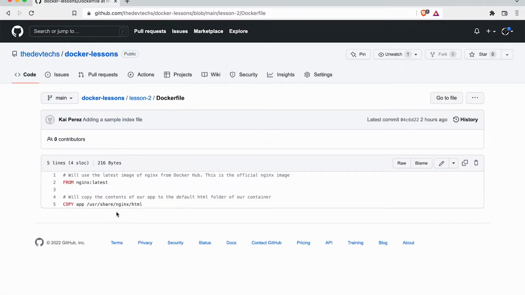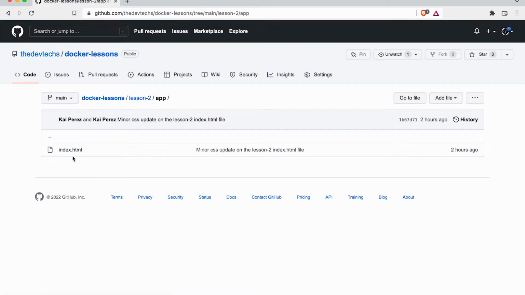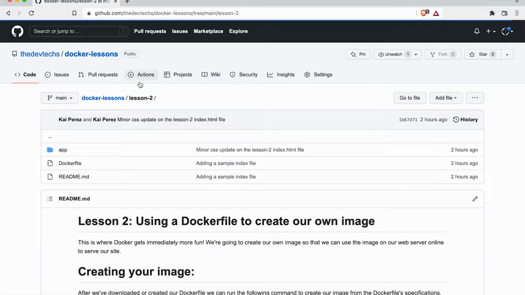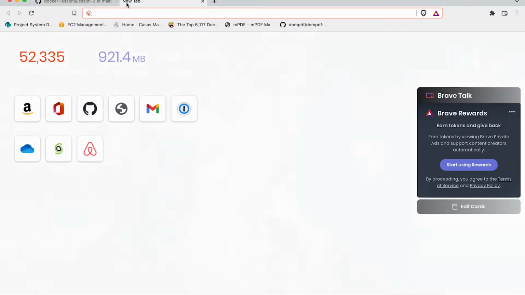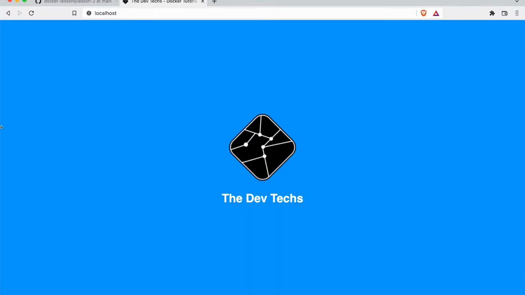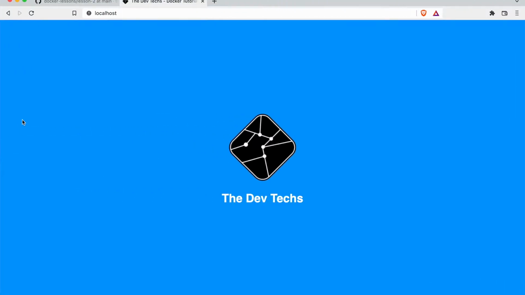So if we click into this Docker file, you'll see that we're going to be using Nginx, and we're just going to be building on top of that, adding another layer here, and we're simply copying this app directory that I'll show you right now to the default HTML file of the Nginx image. This app directory simply has one index.html file here, and I can go ahead and show you what this end result is going to look like. We'll be able to go to localhost port 80 here, and we'll have this simple little web application. Cool, so let's get started.